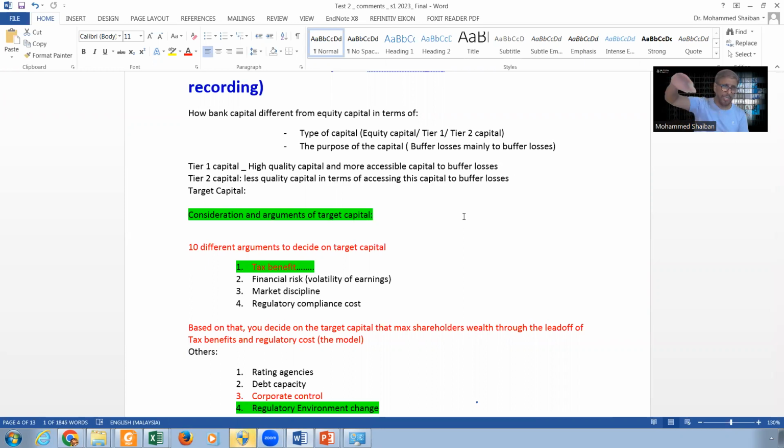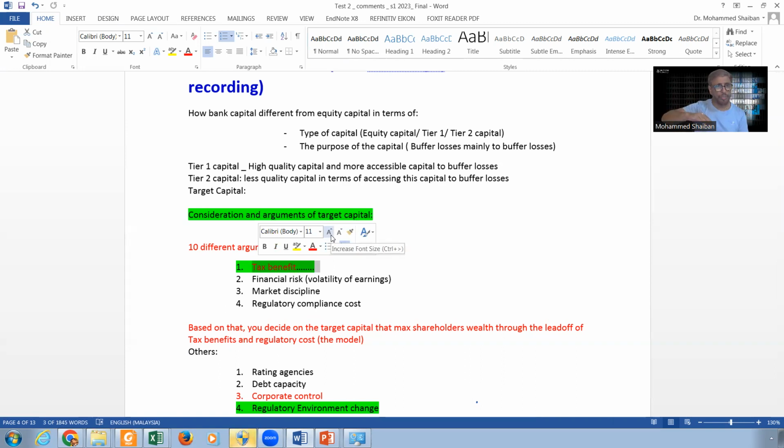And I think you remember when we did that graph, and we showed that you can take more risk, but then there is always that quadratic equation which shows you more risk will be penalized by the regulation. So if you take more debt, you will have more tax benefit, and this will increase the value of the bank. But you cannot continue forever.